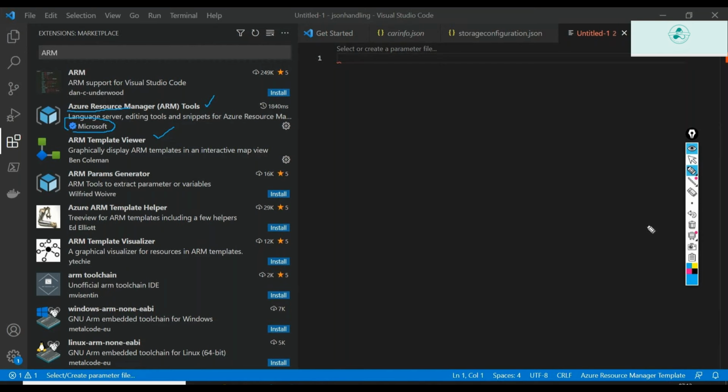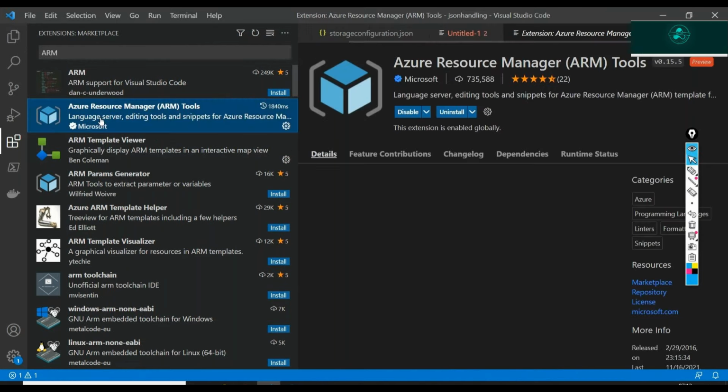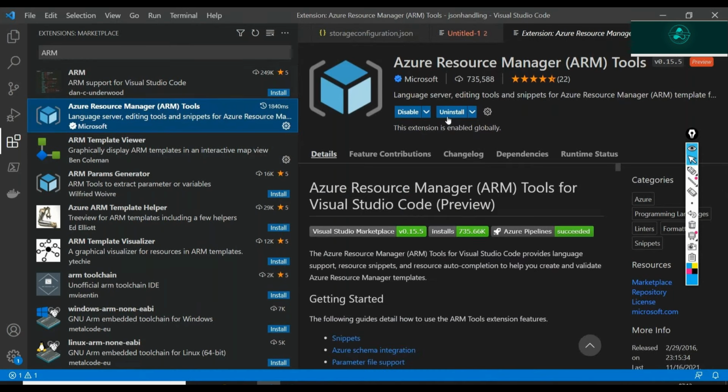How do you install it? Very simple. Just click on this extension. Now I have an uninstall button because I've already installed it. In your case, you'll have an install button. How much time is it going to take? Hardly 30, 40 seconds. That's it. Once you install it,